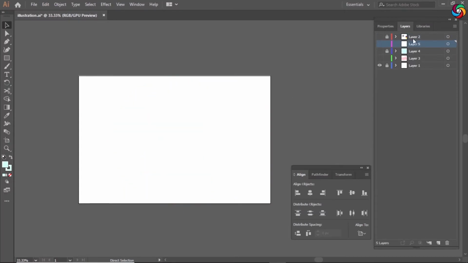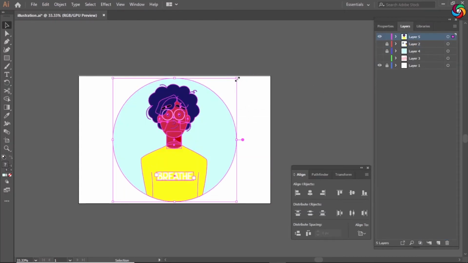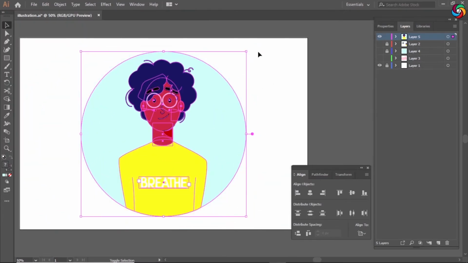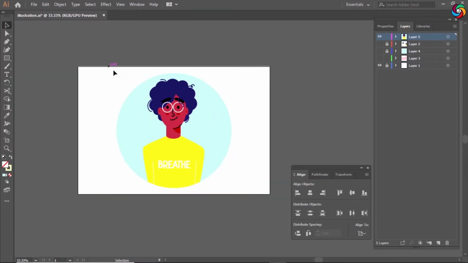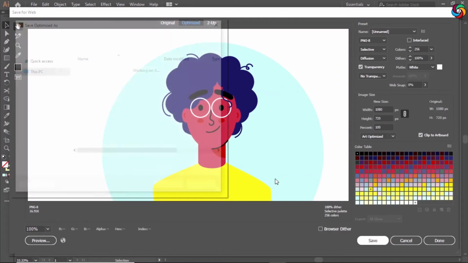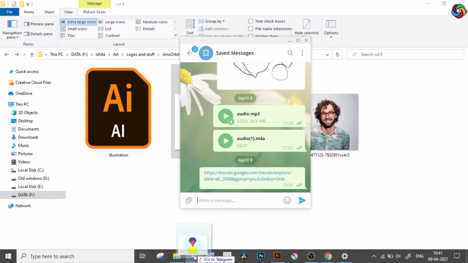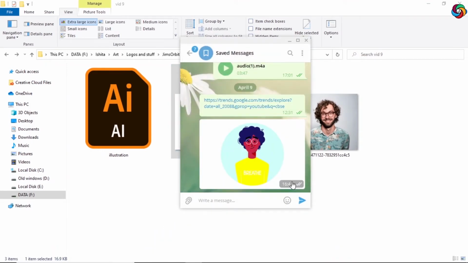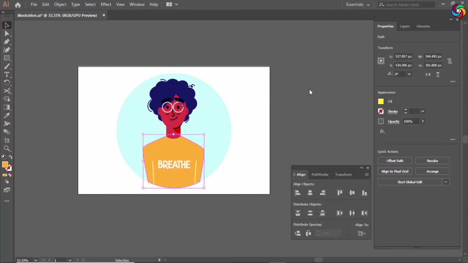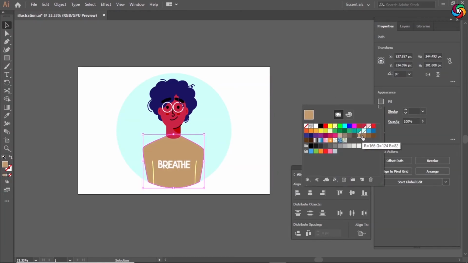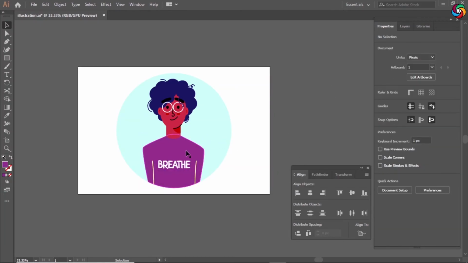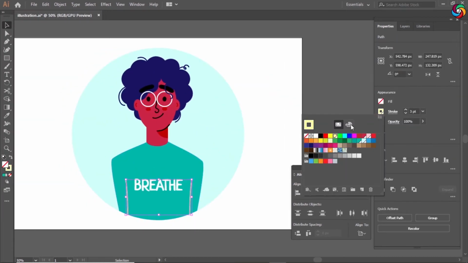I selected and copied everything into a new layer so that when I resize it, I don't end up making destructive changes to the original design. Now I can give you a quick little tip. Save your file and export it as a PNG. Now send this PNG to yourself so that you can view it on some other devices if you have them. When you see your design on different screen sizes and resolutions and color profiles, you'll have a better idea of what looks nice and what does not.